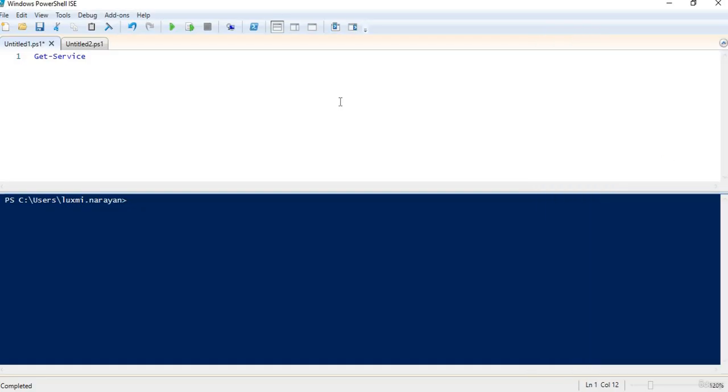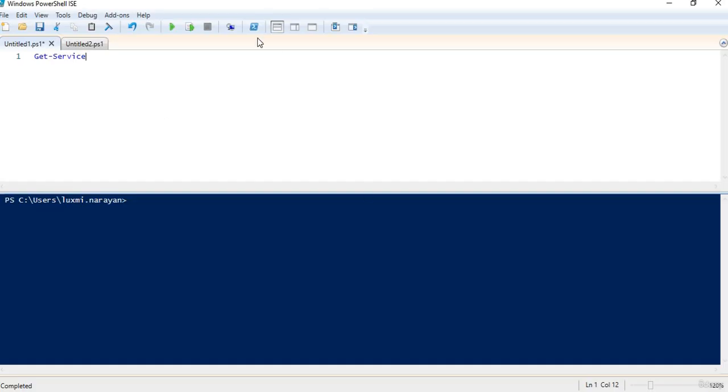We can close this. And to be honest, I always use ISE. That is the one that helps a lot in our day-to-day job, and also when we are creating a script, it helps a lot. Of course, we cannot develop a script using an individual command prompt or PowerShell prompt. So PowerShell ISE or any interpreter of PowerShell is the best option. PowerShell ISE is my best one. I also encourage you all to please start using PowerShell ISE from today.